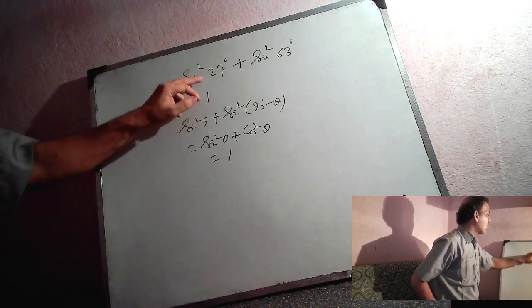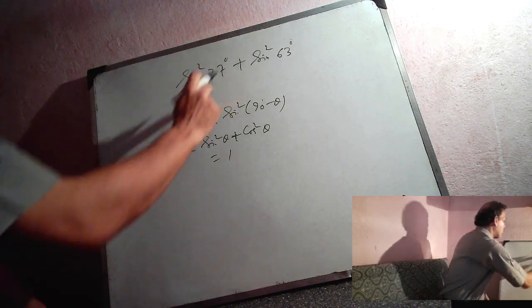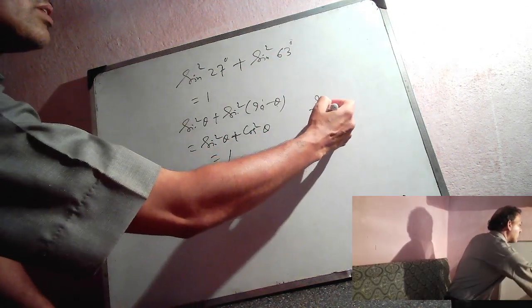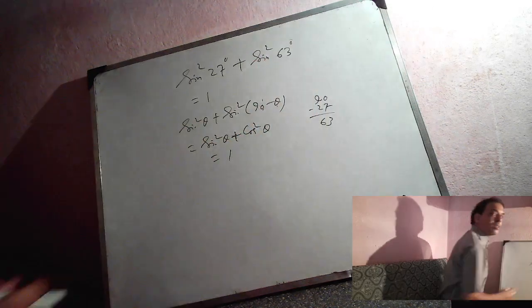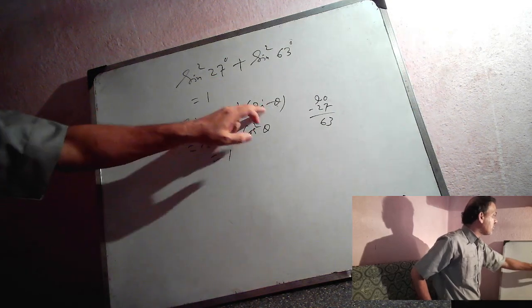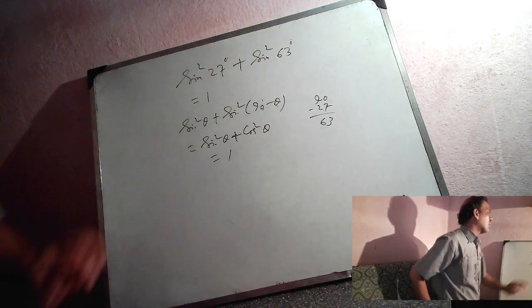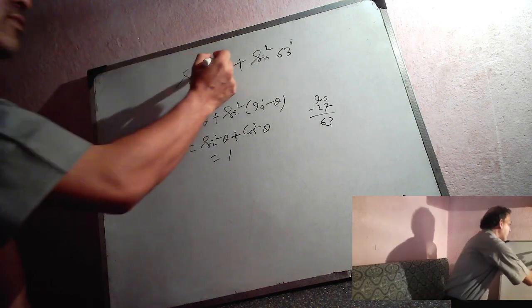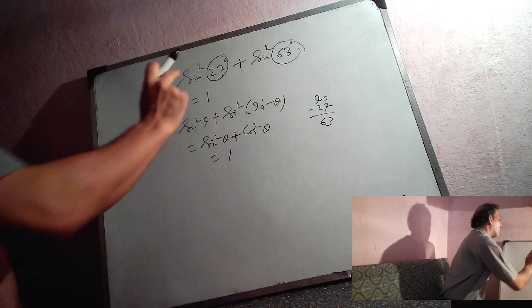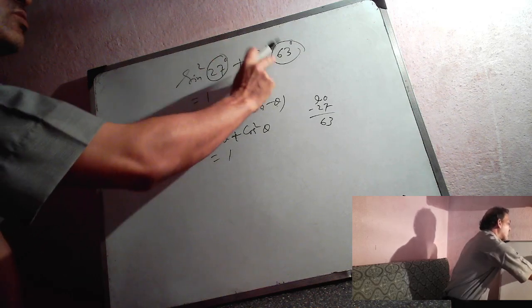Now compare it to this: theta equals 27. So 90 minus theta equals 90 minus 27, which is nothing but 63. So sin square 27 plus sin square (90 minus 27), meaning sin square 63, will be equal to 1. So if the two angles add up to 90 and both are in the form of sin square, then the value of their sum will be 1.